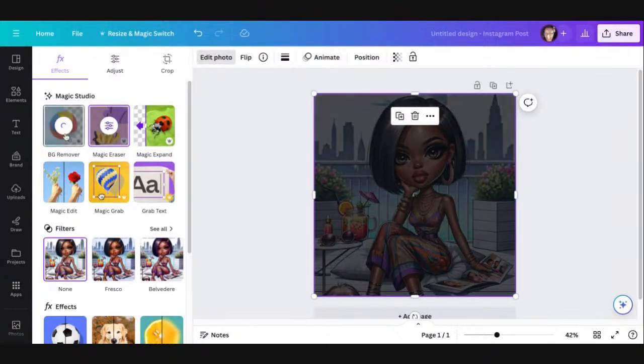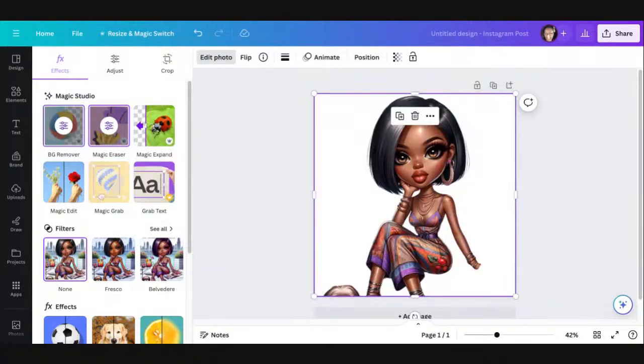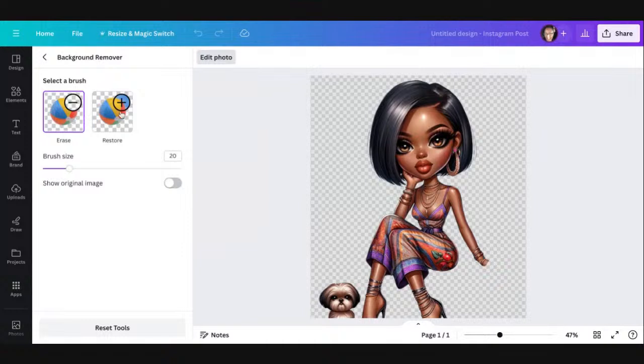So let's do background remover. Woo, it erased everything. Oh, but wait a minute, I forgot. If I go over here after I hit background remover, you can restore and bring it back. Okay, there we go.